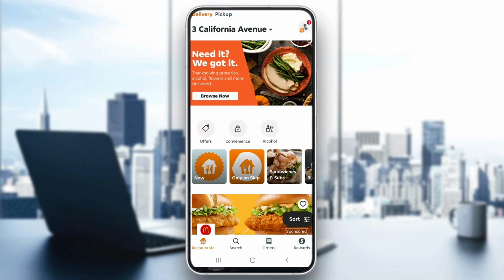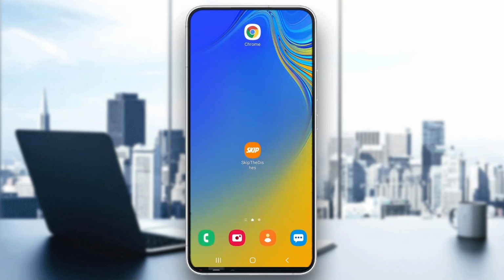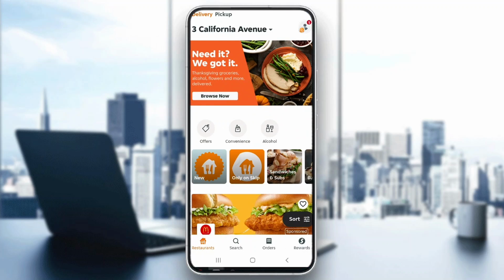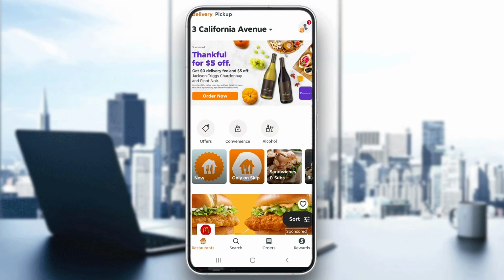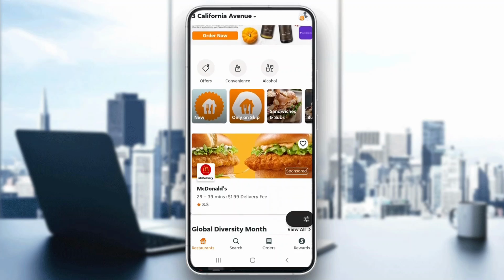So the first thing you want to do is open up the official Skip the Dishes application on your mobile phone if you haven't already. If you did not, go ahead and download it and open up the application. And then for opening it up, you want to create an account if you do not already have one. After logging into your account, you'll be greeted by this main page right here,